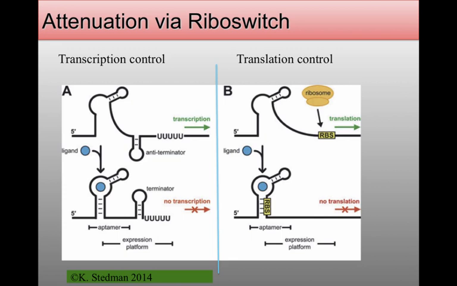A couple of different things happen with small RNAs. The first one is attenuation through a riboswitch. And the riboswitch is basically an RNA sequence which is present at the 5' end, in most cases, in some cases the 3' end, of your messenger RNA that binds to a specific ligand. So it's not protein binding, it's the RNA itself binding to a particular ligand.